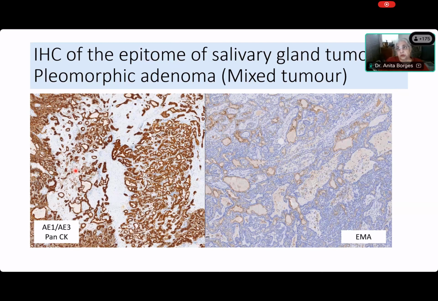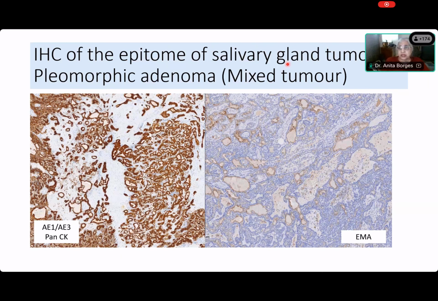So both luminal and abluminal cells, in other words, the myoepithelial cells and the epithelial cells, are positive over here with pan-CK. But it is exactly the opposite with EMA. What do you see in EMA now over here, Madhu? The luminal cells are showing positivity. Luminal cells, yes. So the luminal cells show it, but look at all the myoepithelial cells, and there are so many. You see all these basaloid cells?